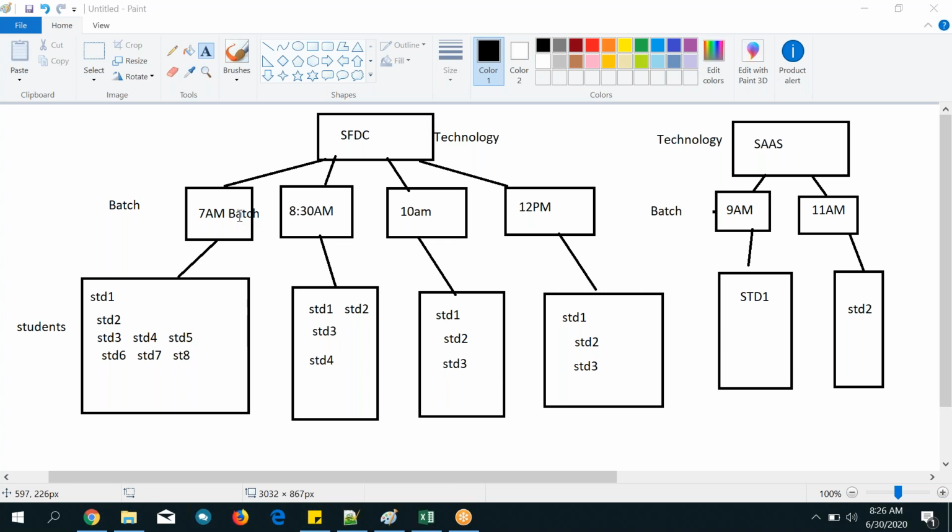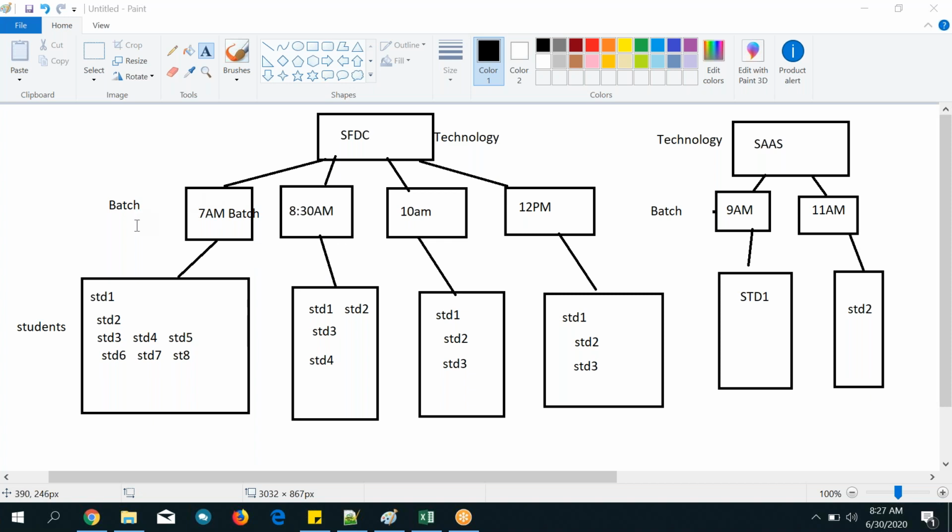I want to go with lookup only. So why am I going with lookup here, and why did I go with master for technology to student? Between the technology and student, I made it a master, and between the batch and the students, I made it a lookup. Why, I will tell you later. As per the business requirement, I made it like that only. Okay.